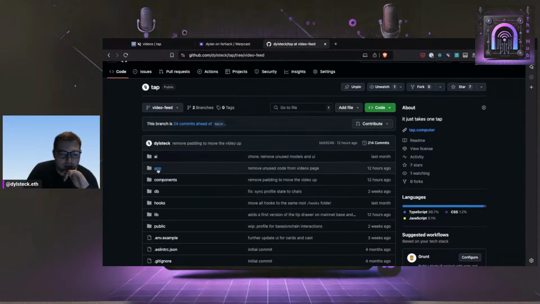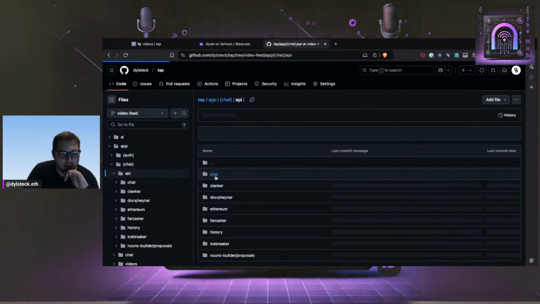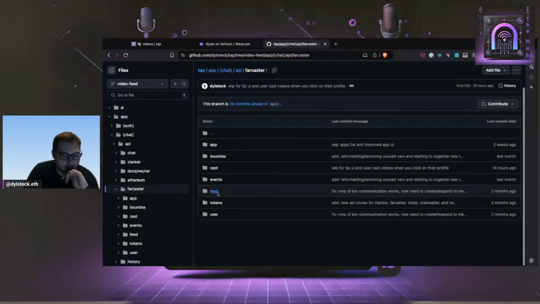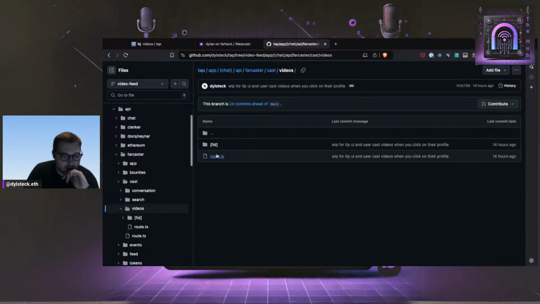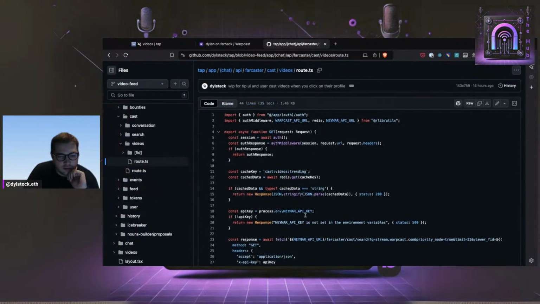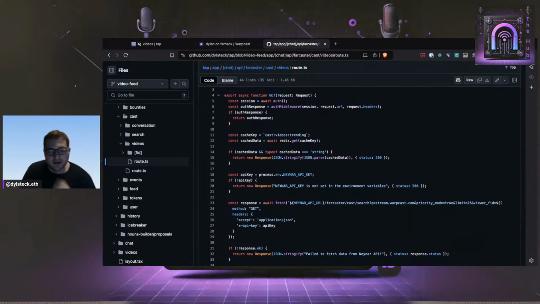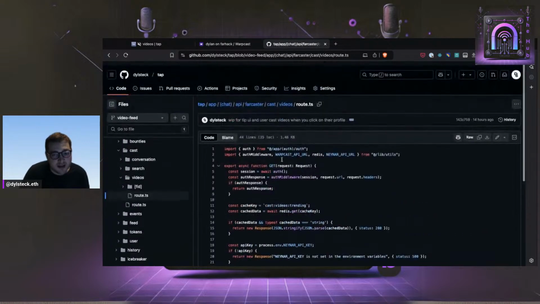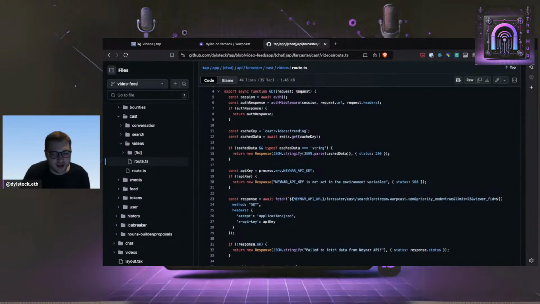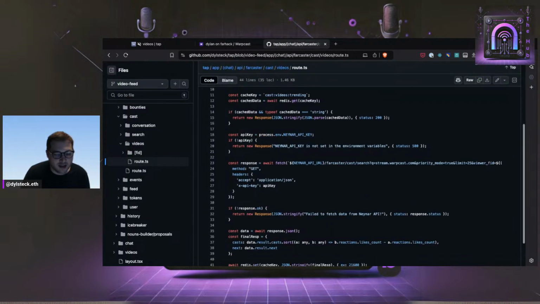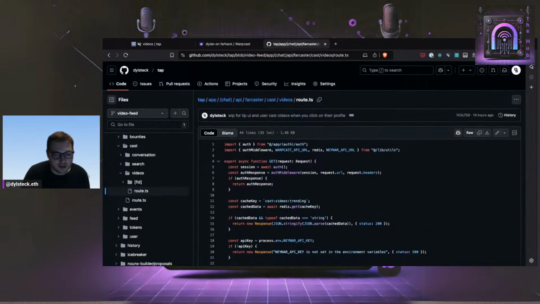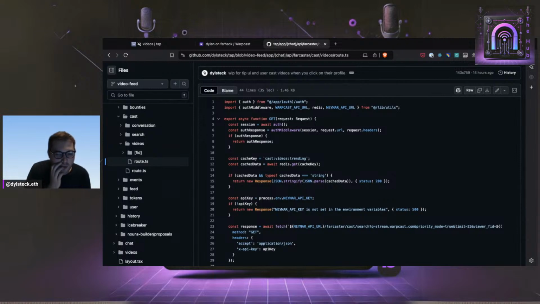All right. It's just a Next.js app. Farcaster, cast, videos. Gonna make like an OAS or something for this too. Okay, so we can walk through this quickly. Simple get request, have some auth middleware. I have a cache key. We're checking Redis. My Redis instance is kind of slow right now. I may do some extra caching just like on Vercel because it's a little too slow. People are getting the error. I'm caching the data for 6 hours and it's still too slow. So gotta work on that.